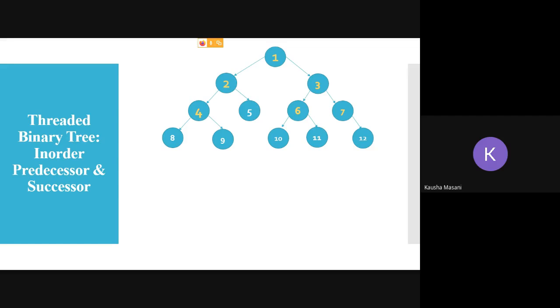I'm asking the sequence. Traversal order. Students, come on. I'm telling you the pattern. You have to traverse left, root, right. What will you get as the in order sequence?